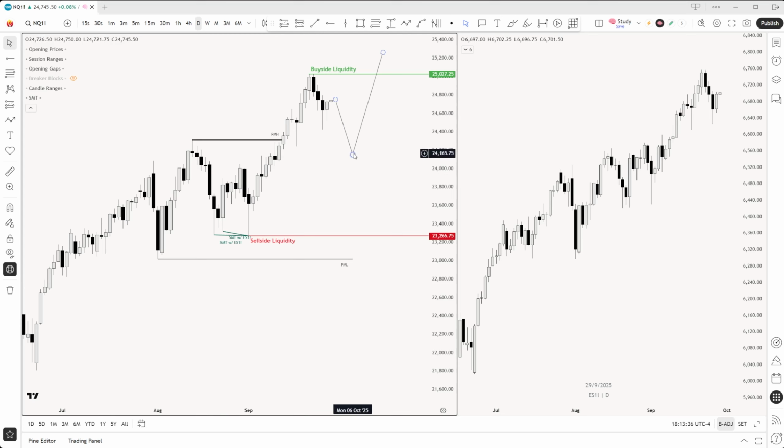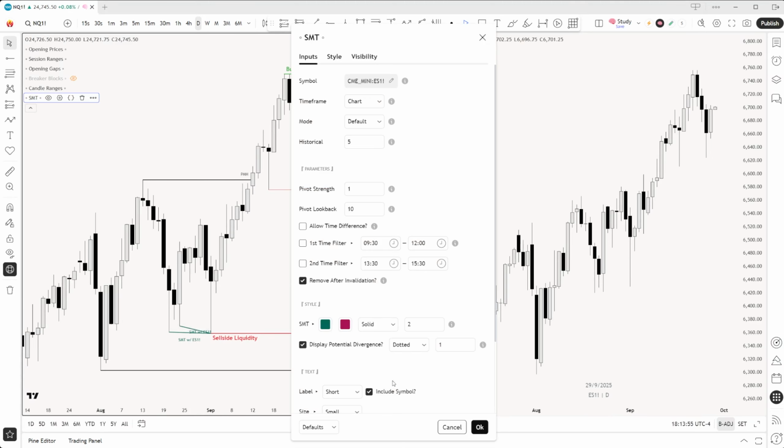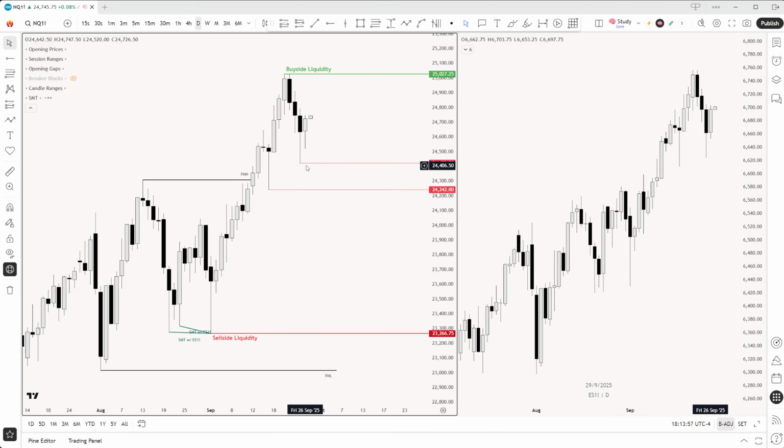Overall, am I going to be looking for any specific level to be met on a retracement lower? No, but I am going to be looking for divergence to form at these bearish liquidity points, right? Daily swing points are important for me. They showcase levels of potential reversal. So of course, I'll be using the indicator to look for potential divergence at these levels, right? Overwhelmingly simple in that sense.